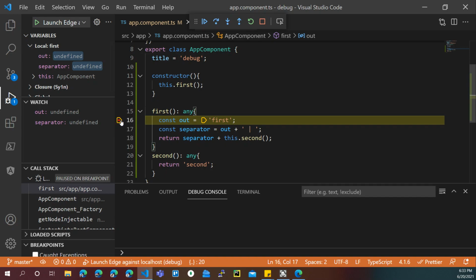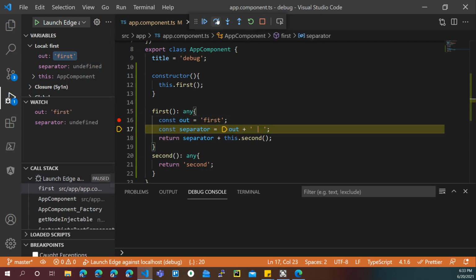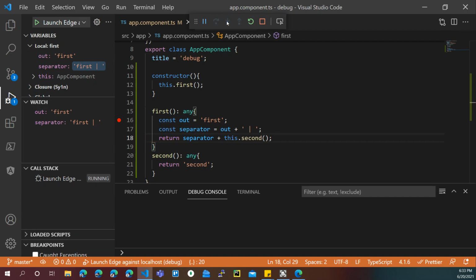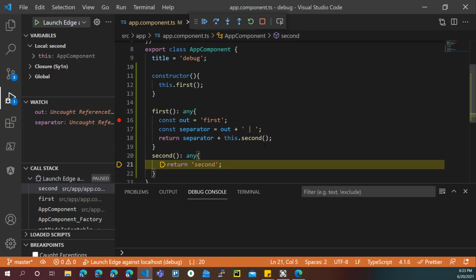Yeah, so we again start from this breakpoint. I do step over and then I again do step over. Now instead of doing step over, I'll press step into. If I press step into, you can see that I have gone inside the second function. Over here, we are on the first line, which is also the last line of the second function.